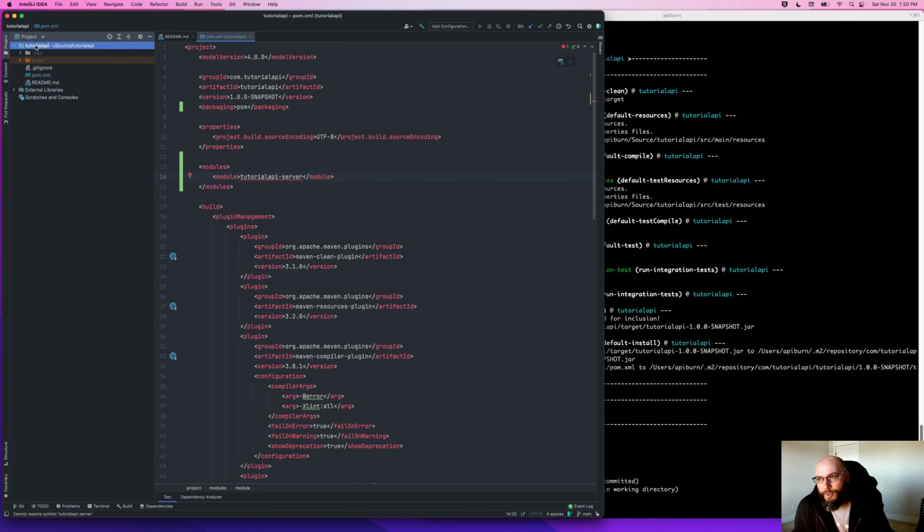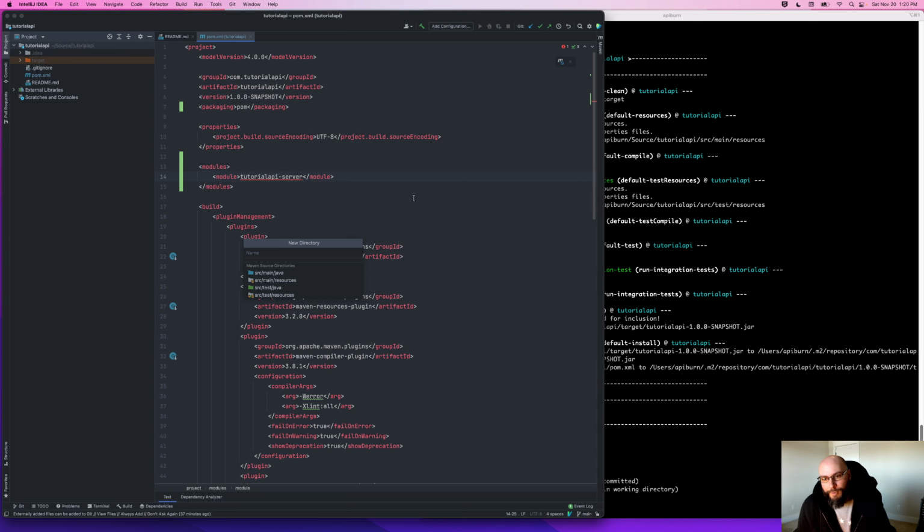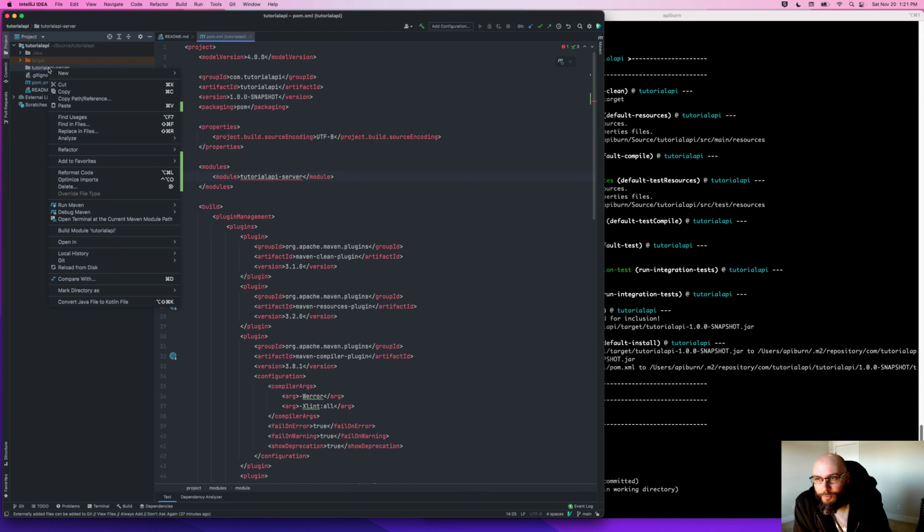So in this case, I'll go ahead and create a new. Now, I can create a module, or I can just create a directory. It's effectively the same thing. So in this case, I already defined the module here, so I'll just do a directory, and we'll call it tutorial-api-server, just like we defined here. And then we'll go ahead and create. Now, it's still underlined in red because there's no POM in there. So I'll go ahead and create a new